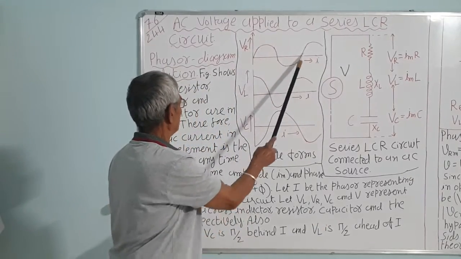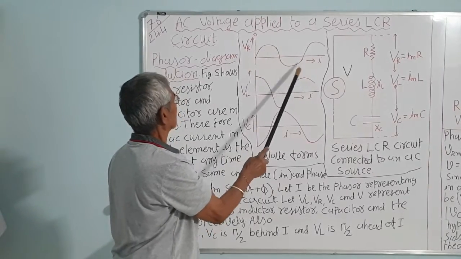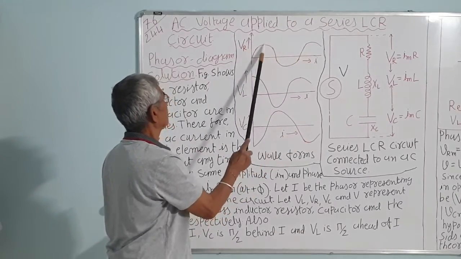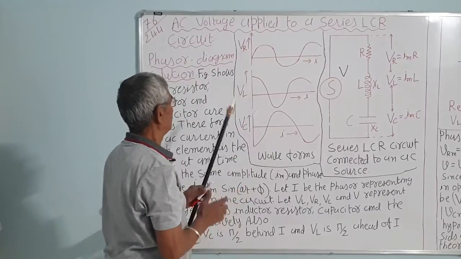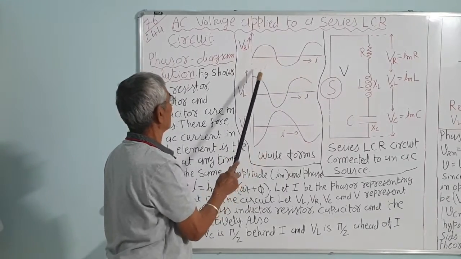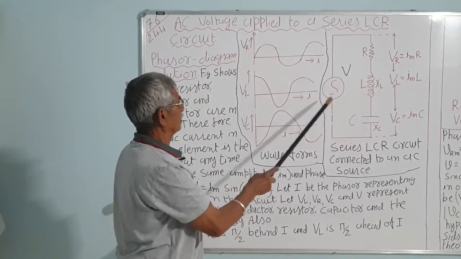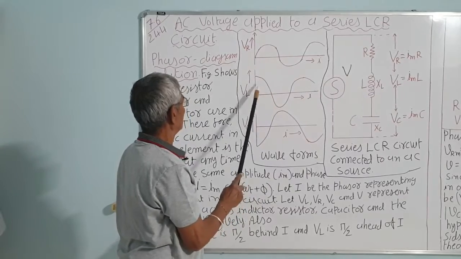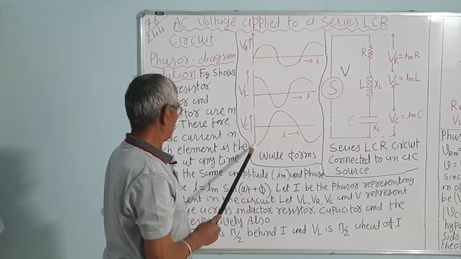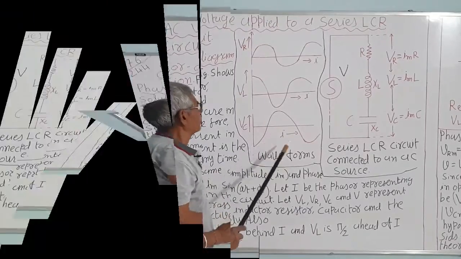These are the waveforms shown for the voltage against the current. Current and voltage are in the same phase in the resistor. In the resistor, there is no phase difference. In the same way you can show the current in the resistor; this voltage VR is in the same direction as the current. VL, the voltage in the case of the inductor, is ahead in phase by pi by 2. The voltage across the capacitor is lagging behind. You can see this from these waveforms.